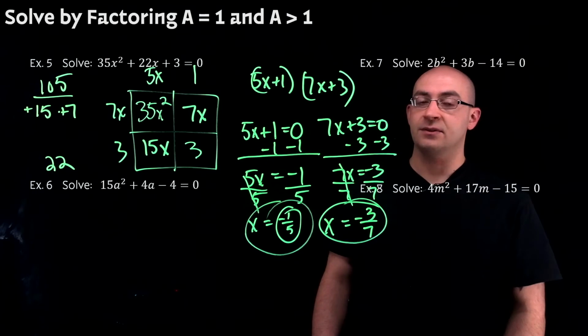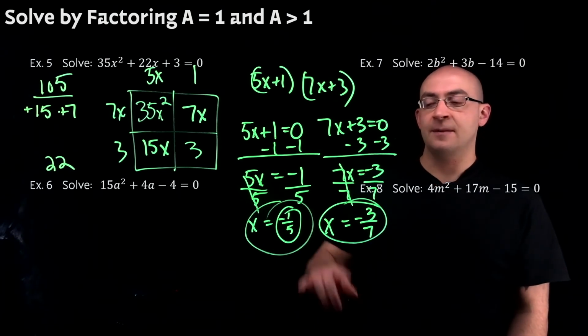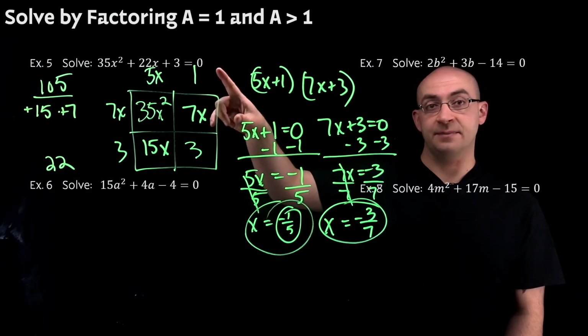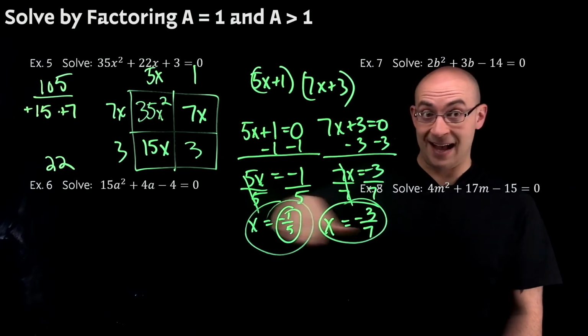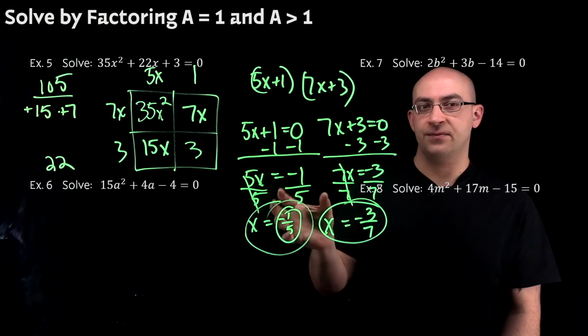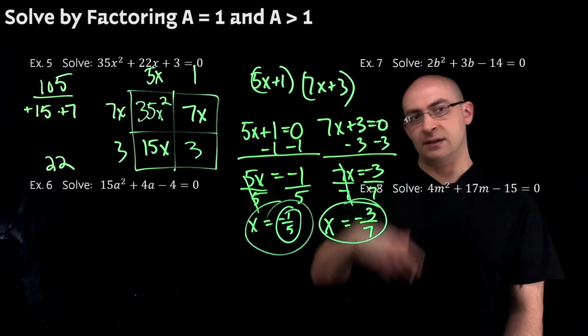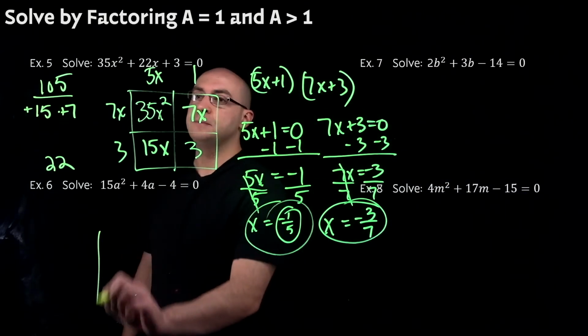Those are the answers. Now, connecting them to what's happening on a graph, these are the two x-intercepts of that graph. So if I were to graph this on Desmos, or any graphing mechanism, these 2 points on the x-axis is where they're going to cross. So we're now figuring out what this thing will look like on a graph, okay? Let's do one more, and then I'll stop and see if you can get the other two on your own. So our last one here, together,